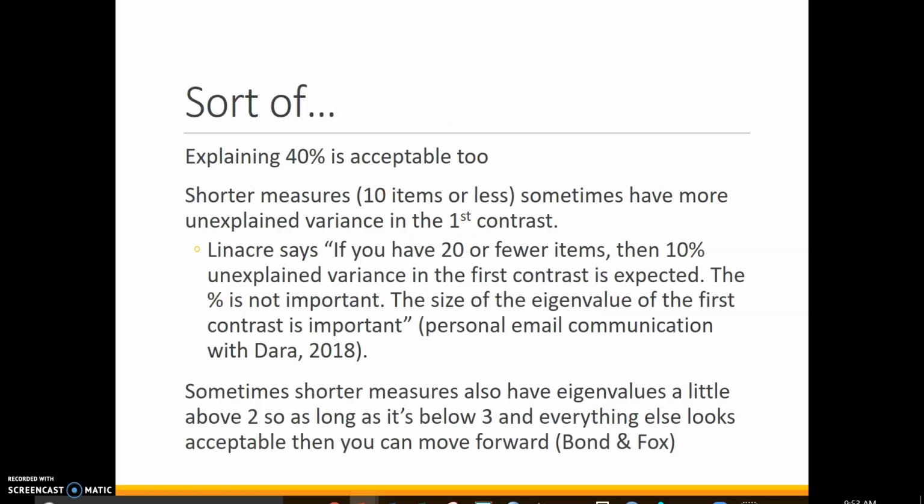Except that's sometimes too strict. And so explaining 40% of the variance is also acceptable, especially for shorter measures. Linacre actually has emailed and talked to us about if you have 20 or fewer items, then 10% unexplained variance in the first contrast can be expected. And it's really not the percentage that's important, it's the size of the eigenvalue. So we really want that to be below 2, although again, shorter measures can have eigenvalues a little above 2 as long as they're below 3, according to Bond